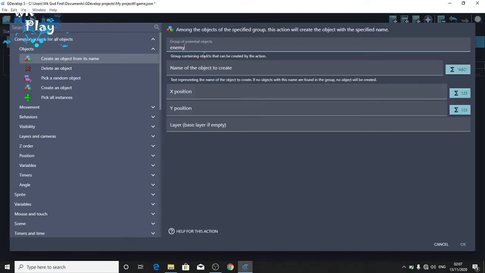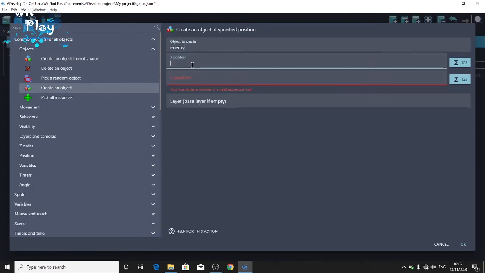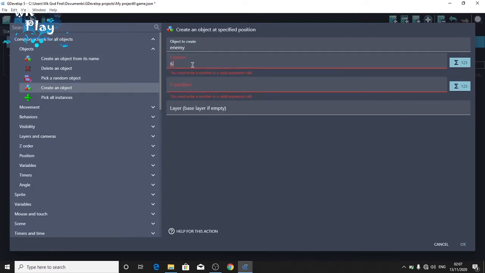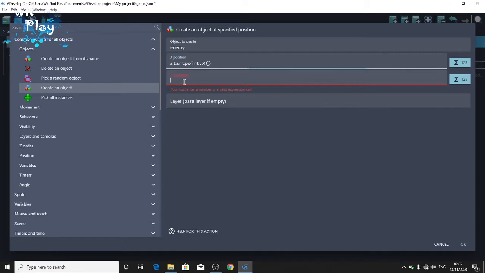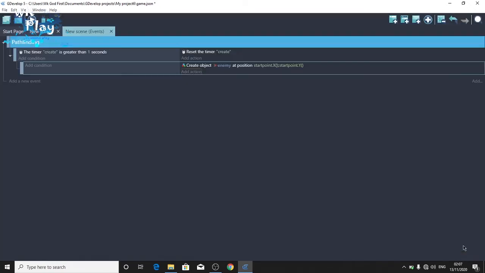Object enemy, create an object at the position of start points dot x and start points dot y. Click OK. Now change the scale